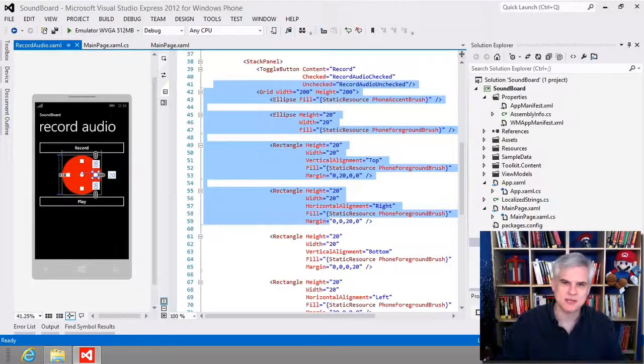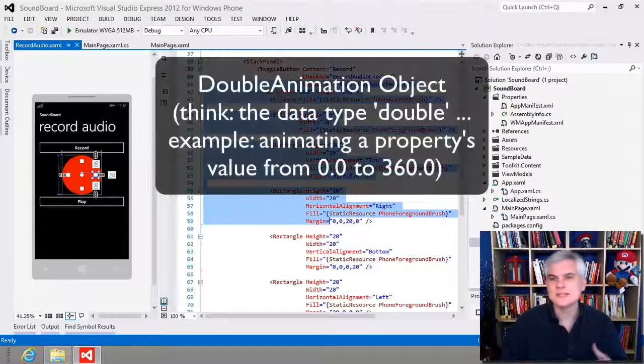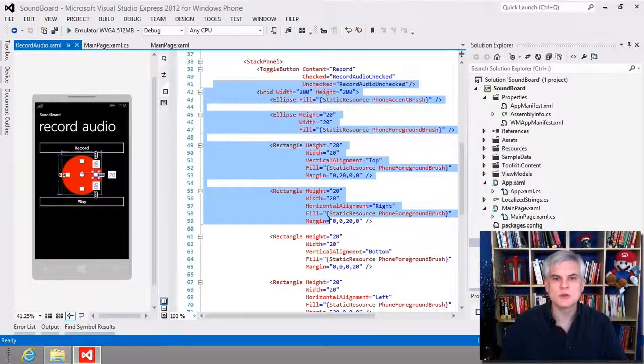So let's start with the animation. First, there are several different types of animation data types. We're going to use a double animation data type because we want to move a property, specifically the rotation property, from 0.0 to 360.0, the angle of the animation every several seconds, okay? In other words, we want the grid to rotate, let's say every 4 seconds, completely 360 degrees. So each fraction of a second, we want the rotation property to increment in even fractional amounts